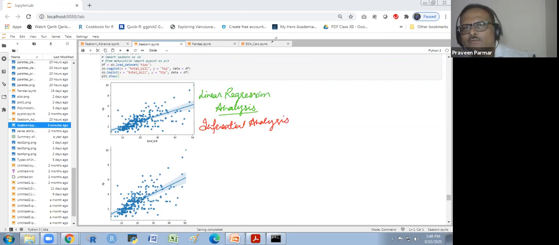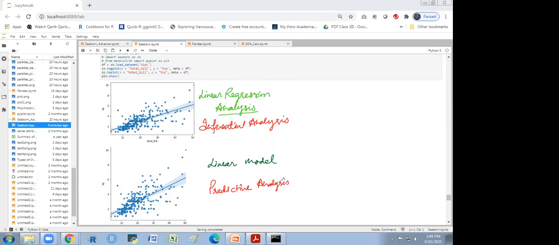And this is for a linear model, we are making a linear model. And this is for predictive analysis. Does that make sense to you now? Yes, sir. So this is the difference between both plots.